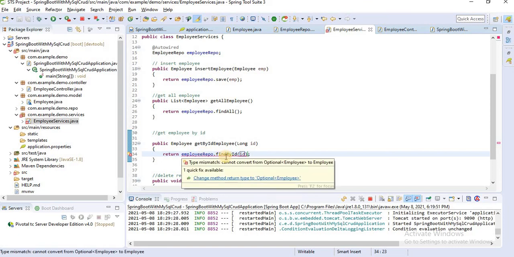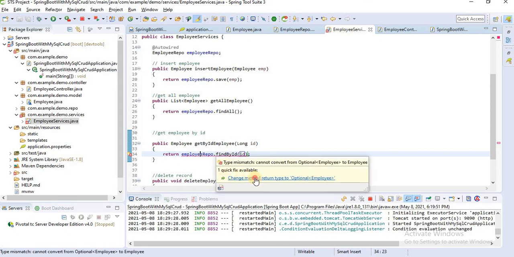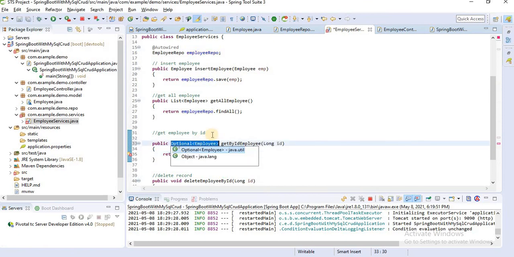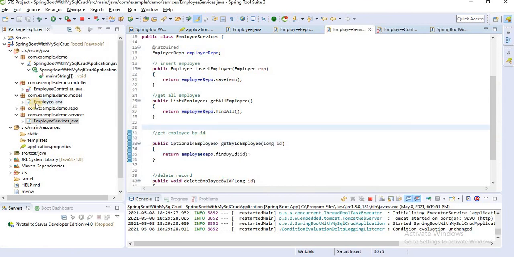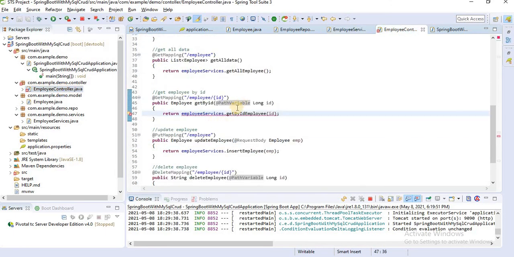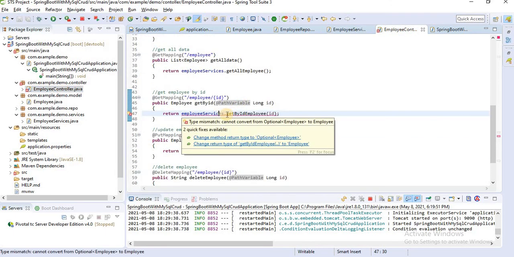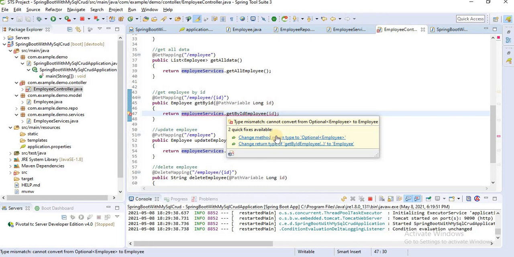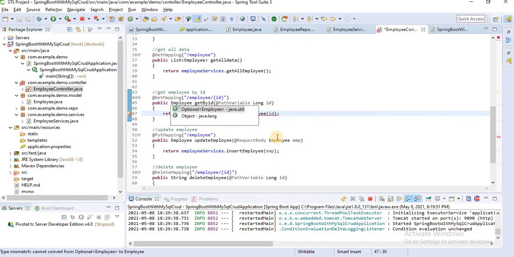Let's click here. The return type is optional. This method returns optional. Also we have to change here, since this return type is changed. That's why we have to change it also in the controller. Let's hover here and click change method return type to optional.